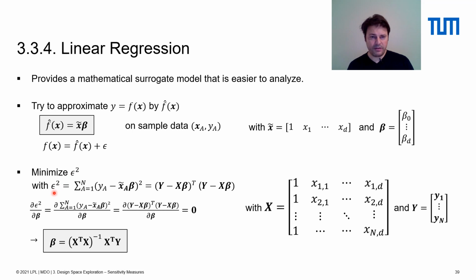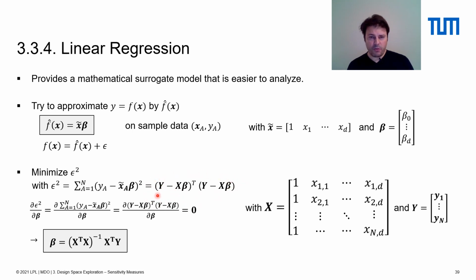But this is equivalent to minimizing the error itself, or the absolute value of the error. So let's use this formula, plug it in here, substitute this expression by our definition of beta. And when you carry out the math, you come up with this,